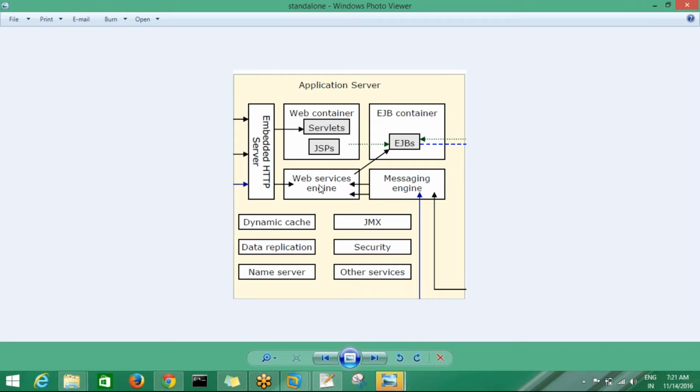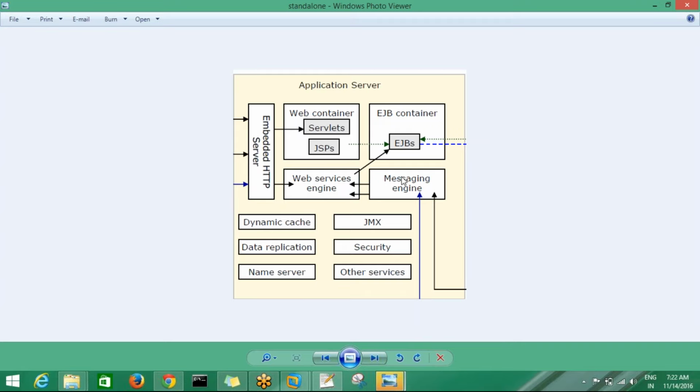The third container is the web services engine, used if you deploy web services. Web services means adding some features to an existing application. These can also be deployed in the server and are executed under the web services container.